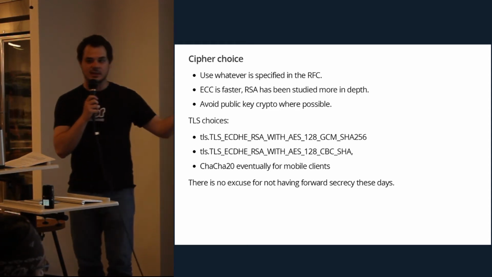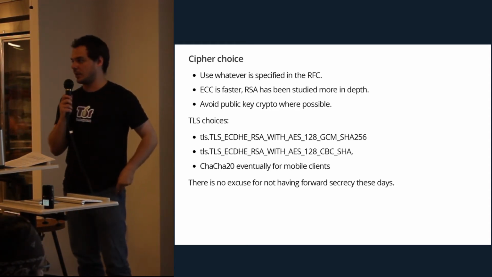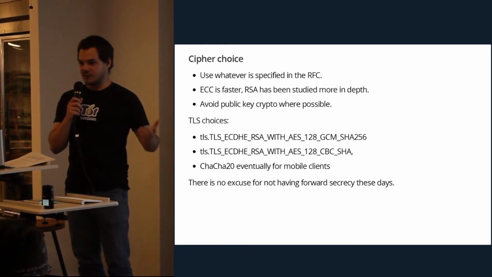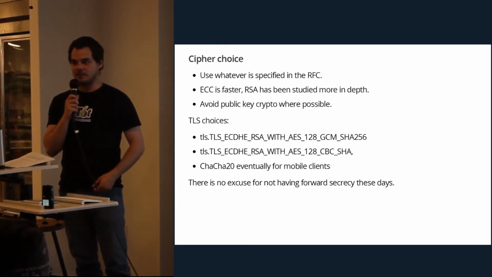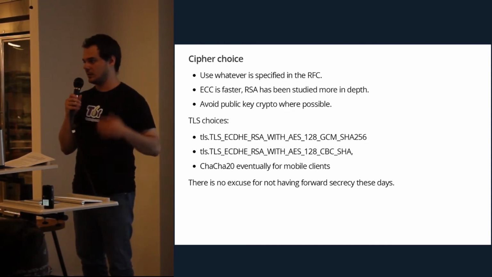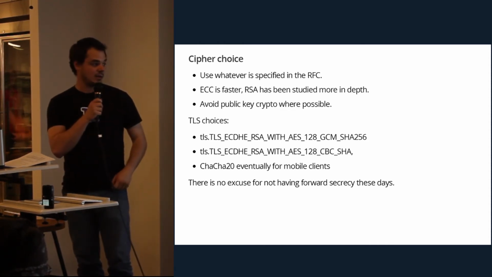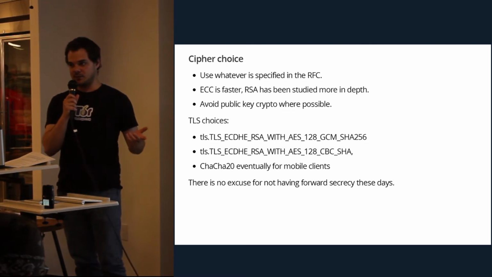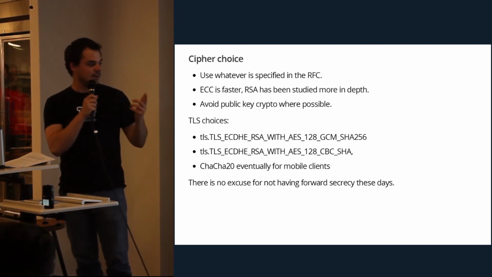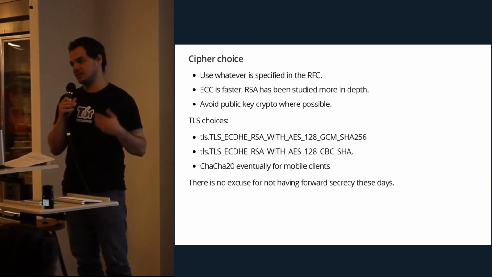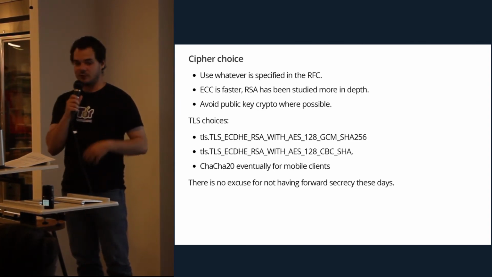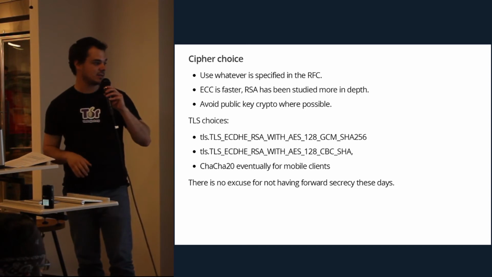But we picked these, especially at Cloudflare, where we put a lot of thought into which ciphers are going to be the best for us to serve to people on a large scale. And these we feel are the best performance and security balance for that. And eventually there will be an improvement to Salsa20 called ChaCha20. And that'll be great for mobile clients because it's faster than AES, and those clients do not usually have AES support on their processors.